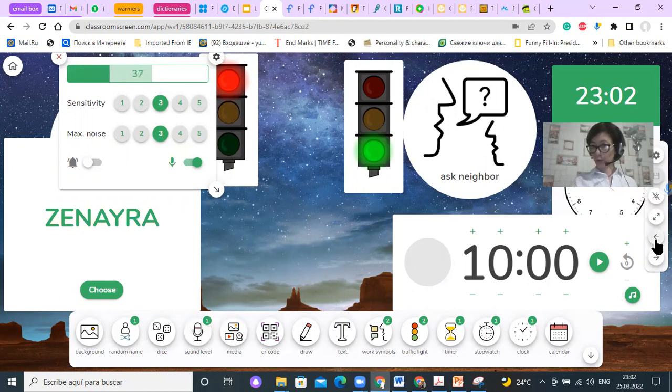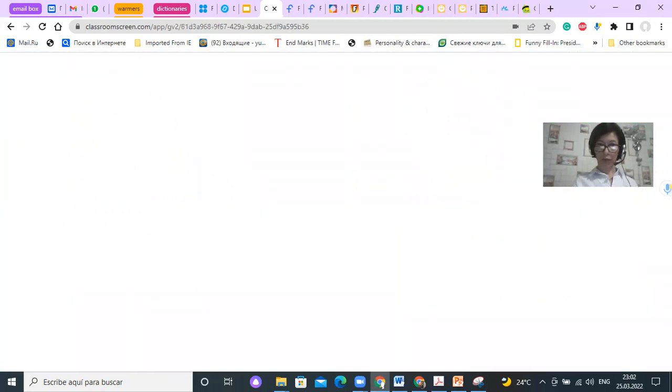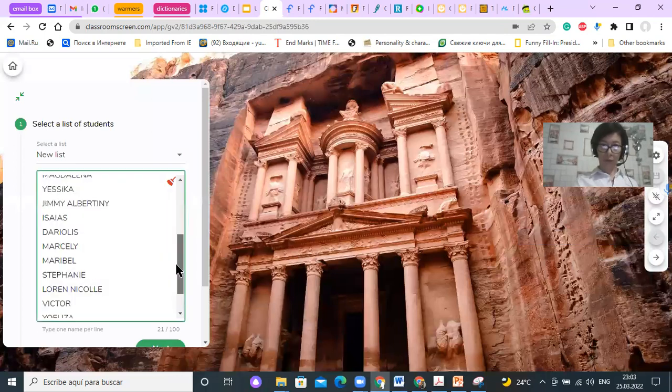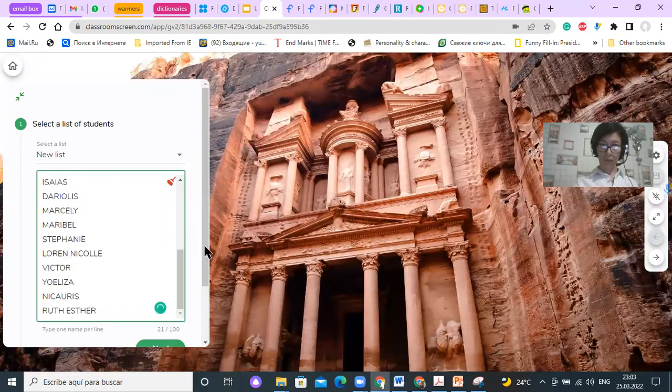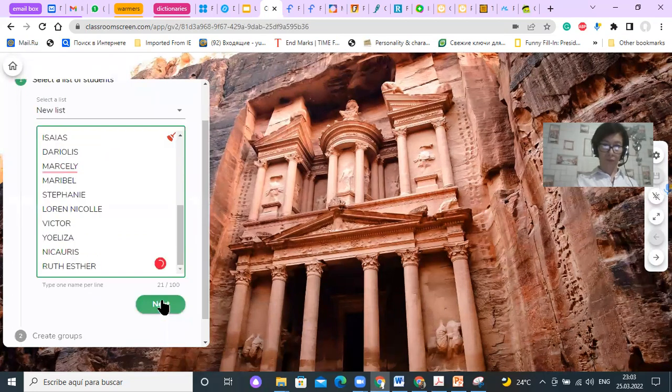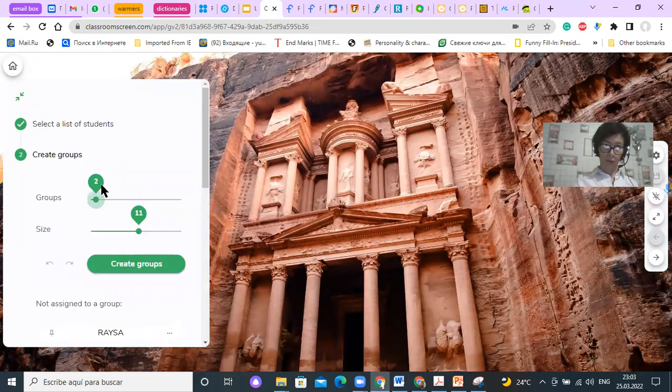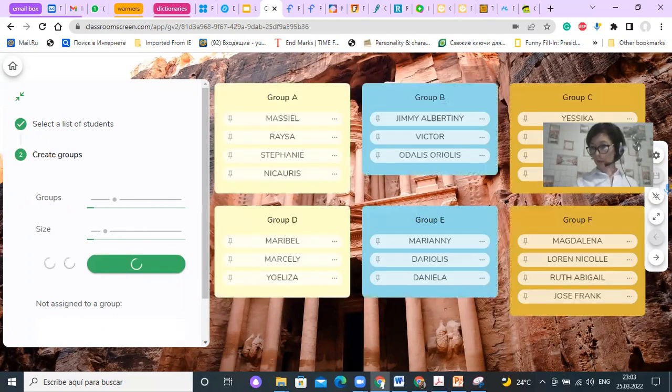What else can you do? You can also use this as a group maker. Here is my example of my class, and I can divide these students into groups the way I want, according to the number of groups I want to have, or according to the number of students per group. So for example, this way. And they also have an option of